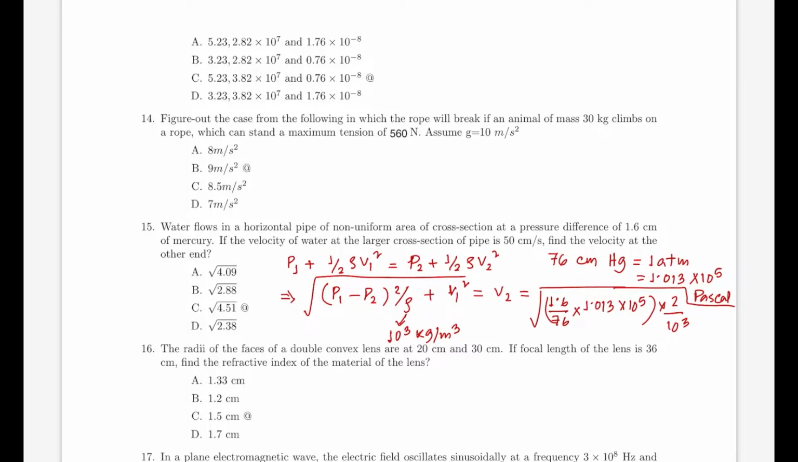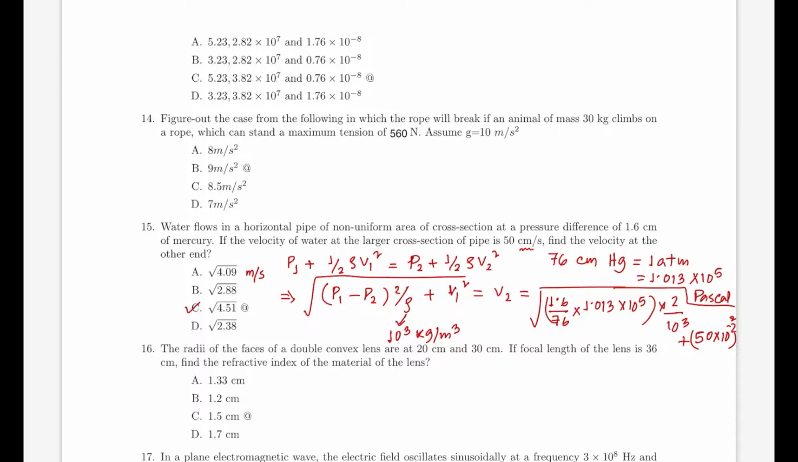plus V1 square. Here it is given in centimeter per second, so you have to convert it into meter and you have to square it. So if you solve this problem, you just calculate this, you will get square root of 4.51. Although no units are given, it is in meter per second. Okay,